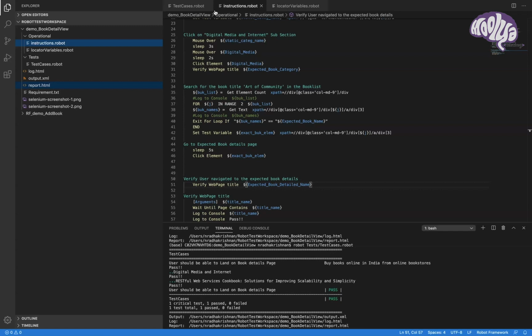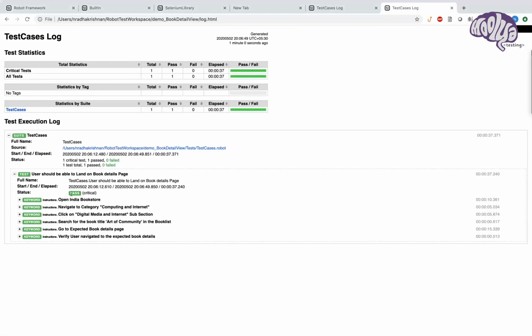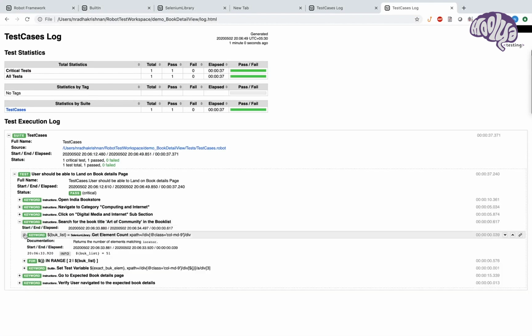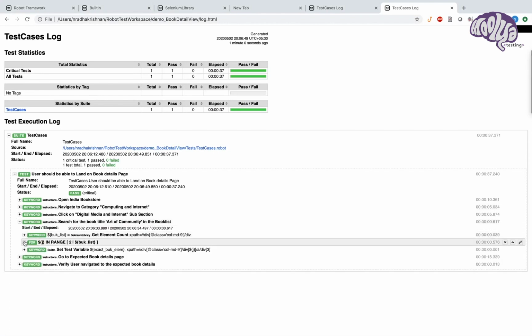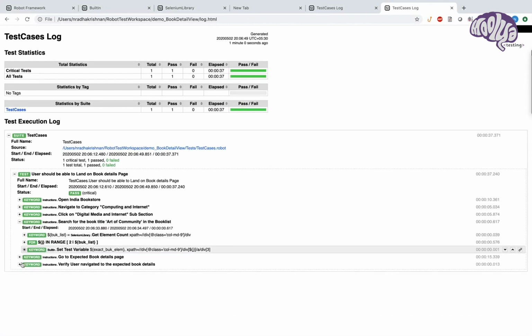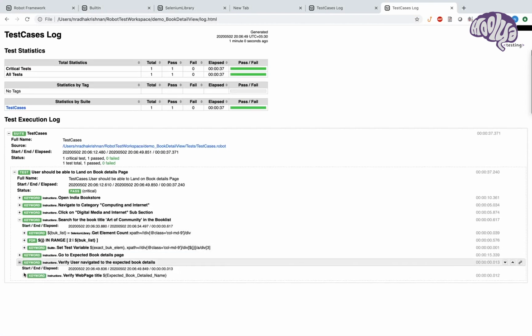These are the different keywords. If there is any failure that we find, anything that you are seeing in green will show in red. I will show you that in some time. So every step that I took, it will give me a result. So every case is passed. Till the verification, we have the success scenario.